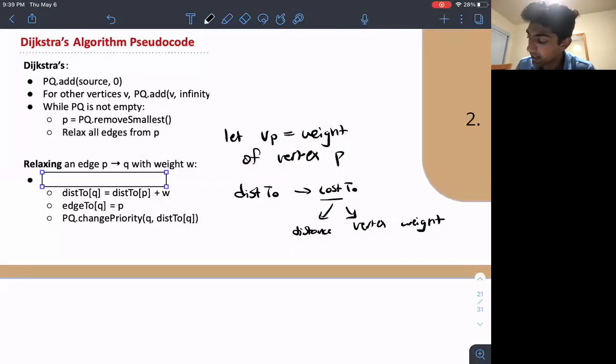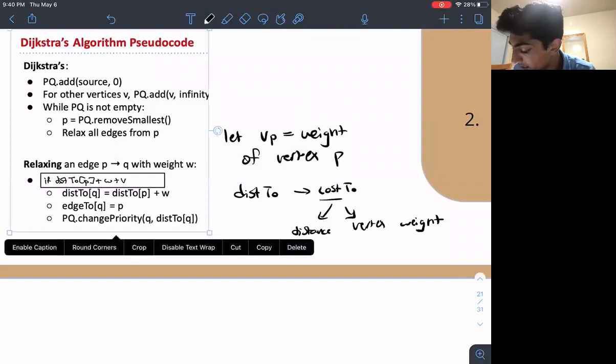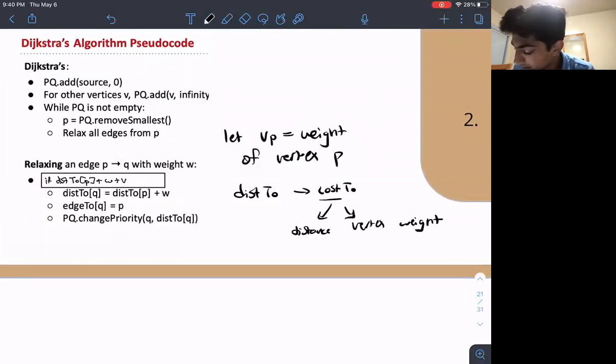Okay, so the idea here is, instead of comparing what we had before, which was distance to P plus W, now what we're going to say is, if the distance to P plus W plus V is less than the distance